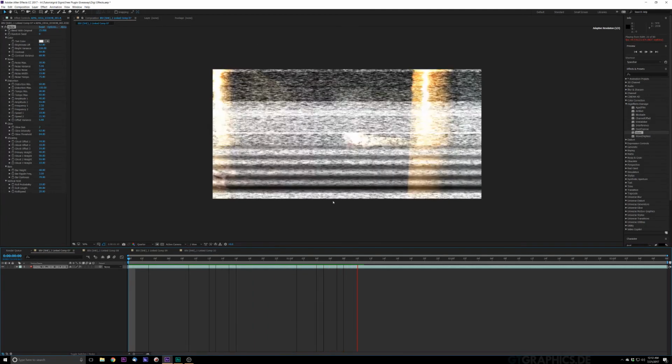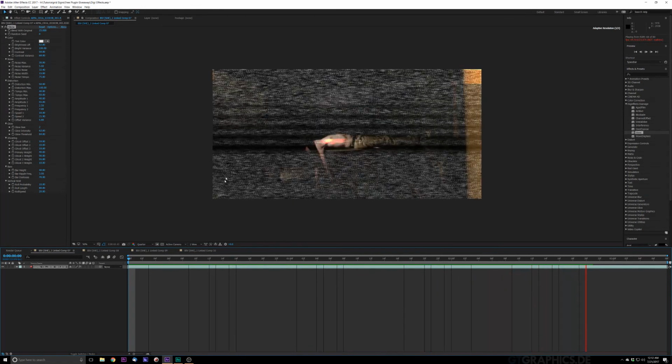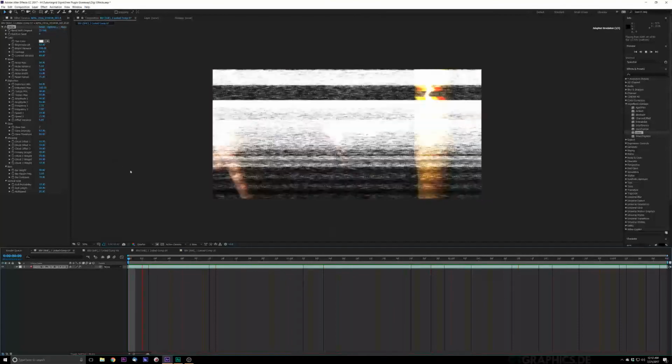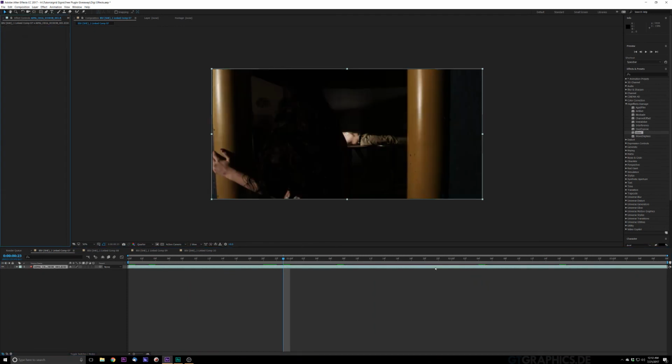But I'm sure someone would love this look, if you were like, oh my gosh, we found this broken VHS tape. Maybe we can get something off the tape, and you plug it into the VHS player and it looks like this. You can barely see anything, but you're getting the evidence, crime scene drama type deal, which obviously nobody uses VHS tapes nowadays. And I'm pretty sure you're not going to get this from a DVD player, but look, the look is there. So there's a ton of different stuff that you can do. So that is Skew. And now we're on to the last plugin of the damage effects package, which is the